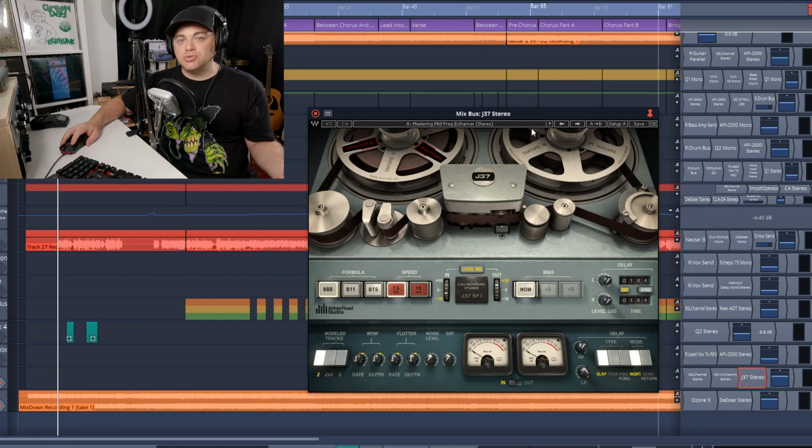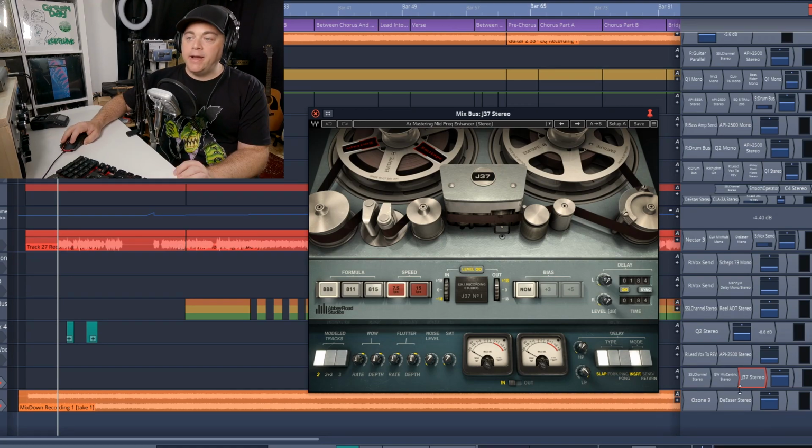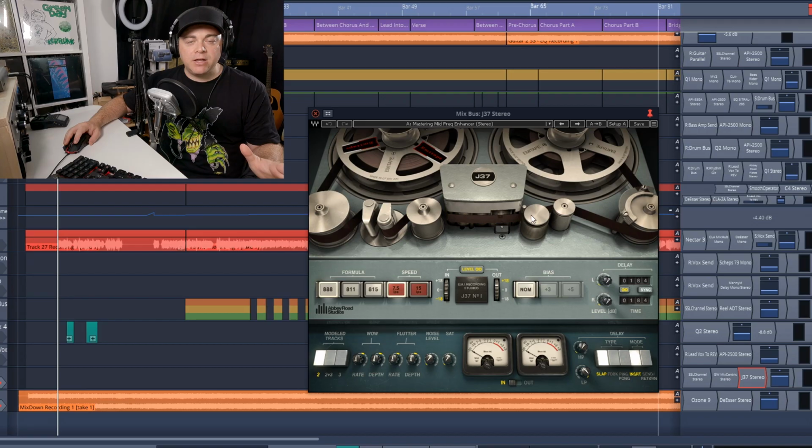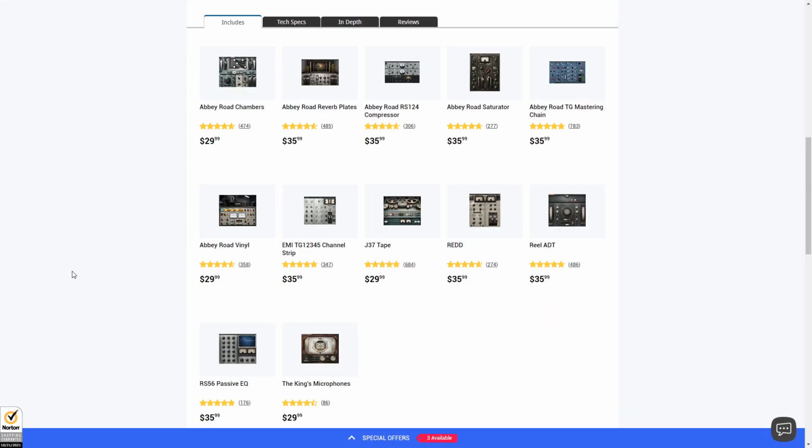It's based on the actual Abbey Road J37 tape machine that's been used on hundreds or thousands of hit songs. And you can also use this as a delay effect or some modulation effect as well. But I always use it on my Mixbus as the last plugin just to add some tape saturation, smooth things out a bit, and add some warmth to the track.